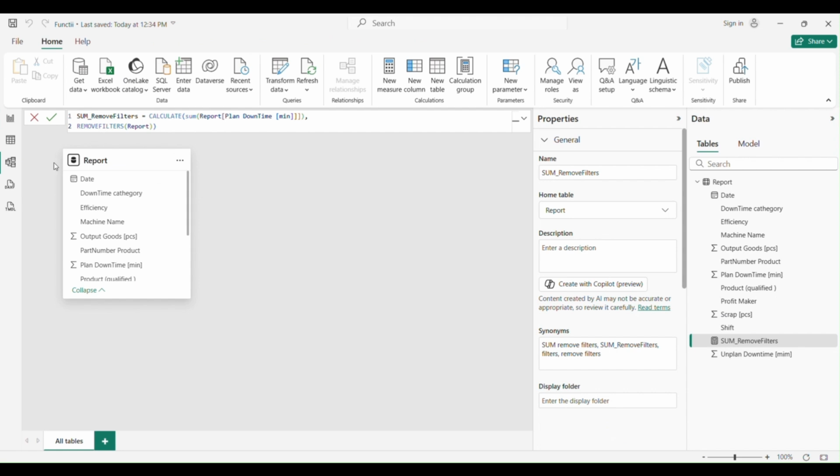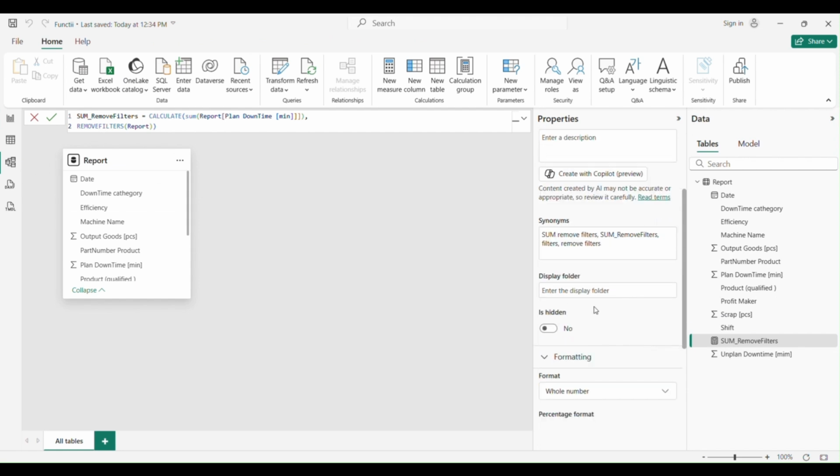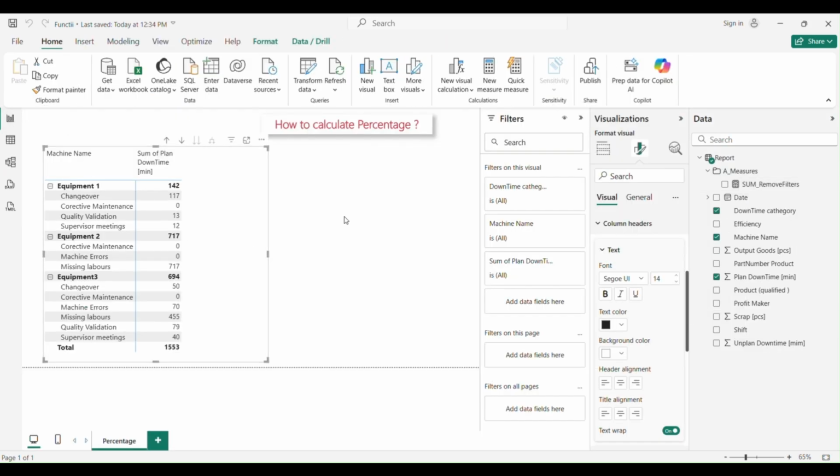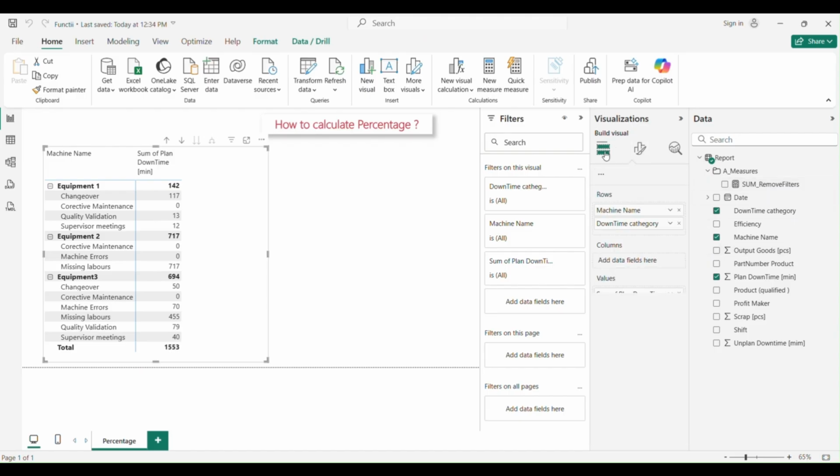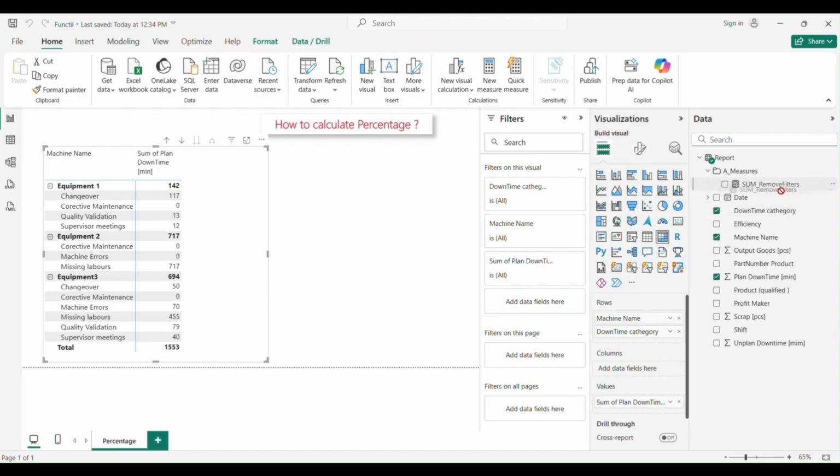And now we are going to move this into a folder, measures. Now the folder is up, and we'll have all our measures. We go back in Visual Report and we add our new measure.